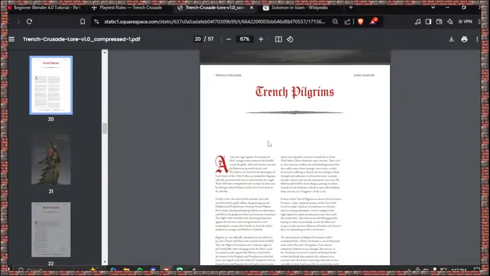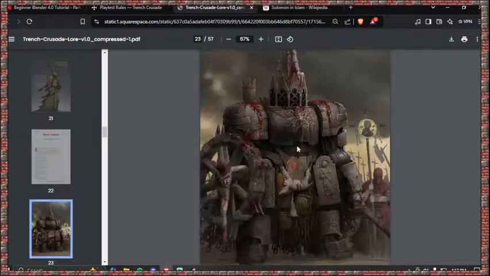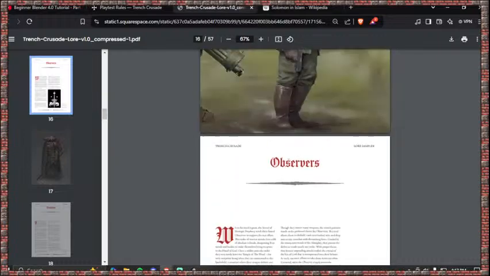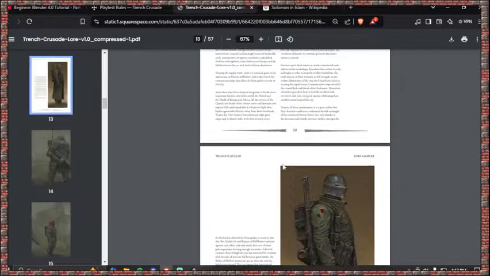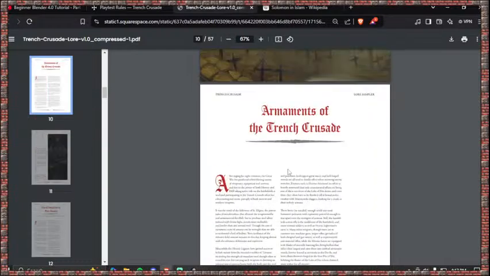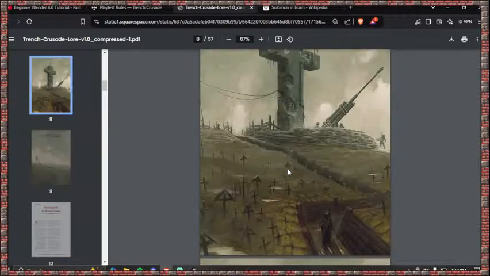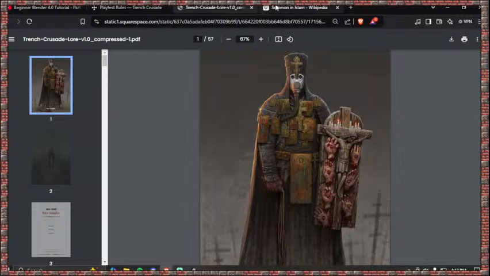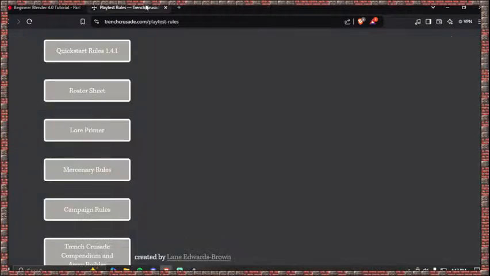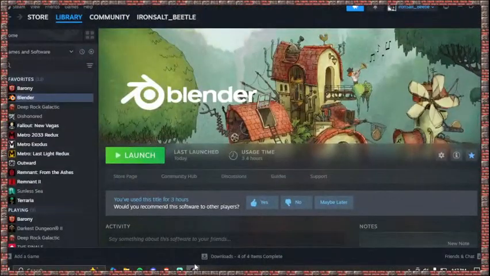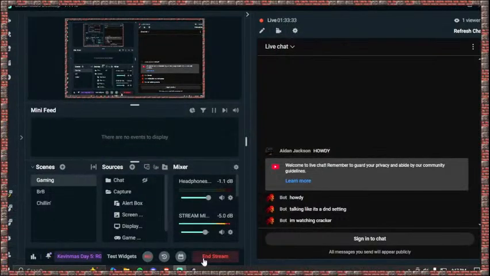So really and truly, the church pilgrims only have the shrine, the Anchorat shrine, which I guess, yeah. Then you got the new Antioch faction, where we got the Principality of New Antioch, which is interesting. Armaments of the Trench Crusades between Divine. Ooh-wee. Which case, I think, I don't know, I kind of want to play,